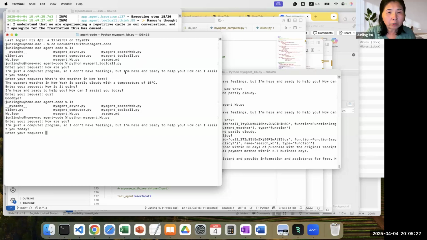As you can see, because the temperature is 0, the answer is identical. It never changed the answer. But now I have a different question. Now I'm asking, what is your return policy?